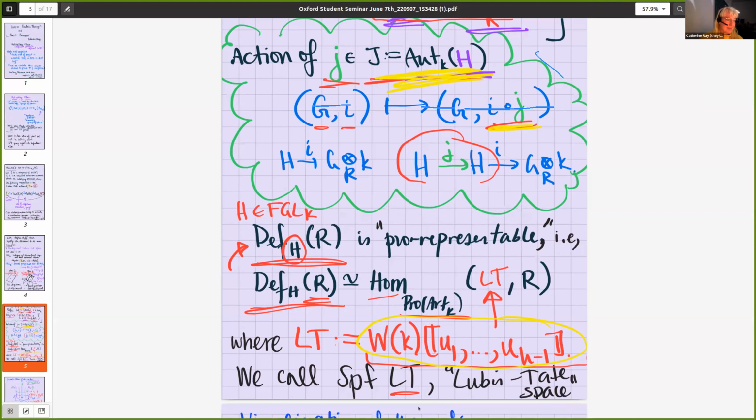So Lubin-Tate space depends on the choice of the formal group. And I mean, as I said, formal groups are isomorphic up to height and prime. And so given the characteristic of the field, Lubin-Tate space is dependent on both this prime and the height of the formal group over it. The height is any natural number. And I can say a bit about what height is.